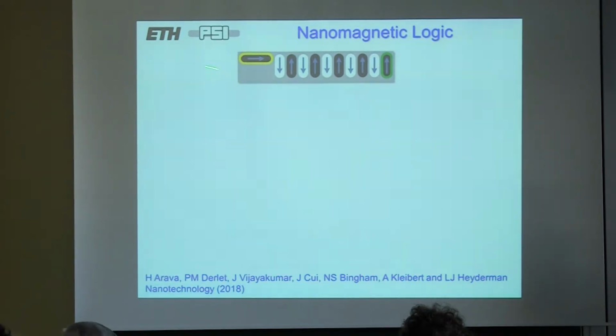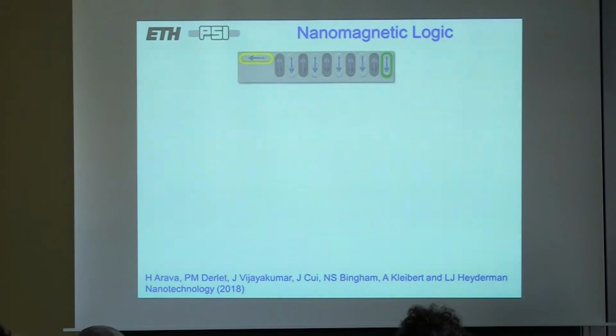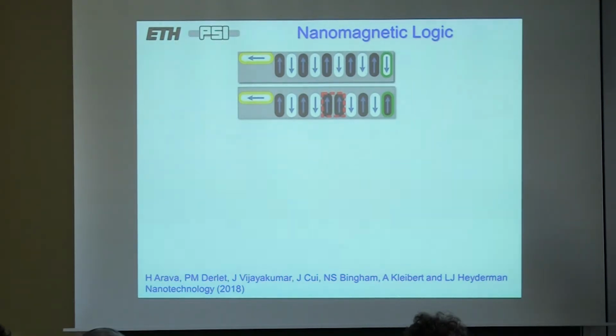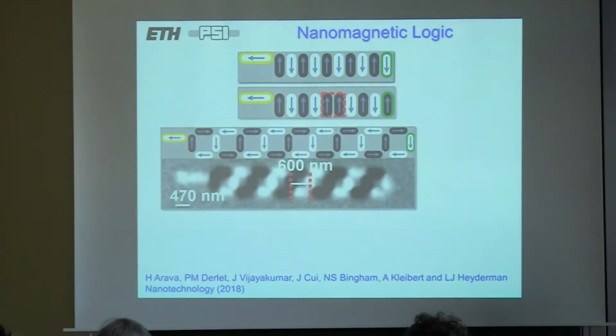And so if the input magnet moment is pointing towards the right, then it will set its neighboring magnet. These will like to align themselves antiferromagnetically, and the output magnet is then set. And if you reverse the input magnet, then you reverse the output magnet. But the problem is that this is prone to errors, and if you have errors, that's not a good thing. So we thought about what if you could actually take some inspiration from the artificial square ice